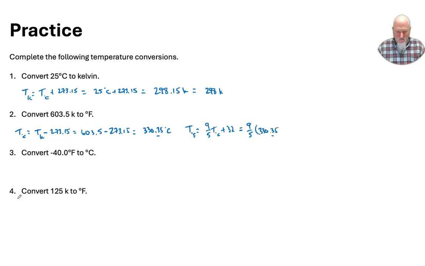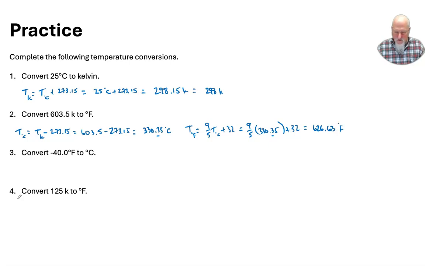Remember, my significant figures should stop at the 3. And then I'm going to add 32 to that. So 330.35 times 9/5. So times 9 divided by 5. And then add 32 to that. I get 626.63